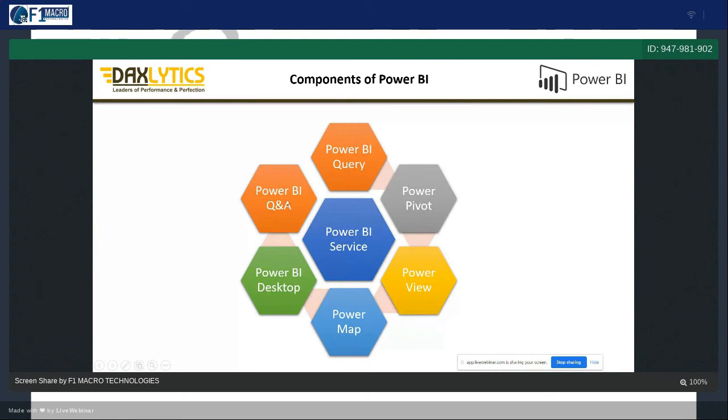And Power BI Q&A, wherein you can ask Power BI a question, such as what is the total sales, what is the category wise sales. It will give you the answer. We have Power Map wherein you can visualize your data at regional level, which region is performing well, which country is performing well. It will plot your region, your country, your area, and you can see for that particular country what the total sales, total profit, growth, and everything are. So these are the components of Power BI.